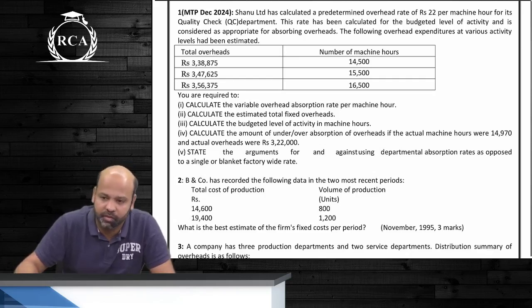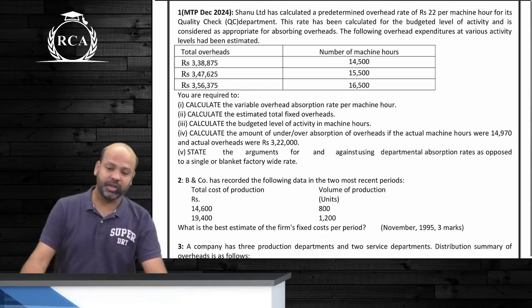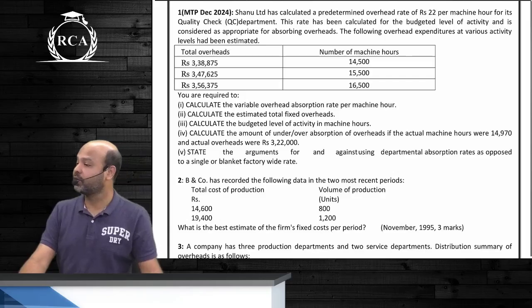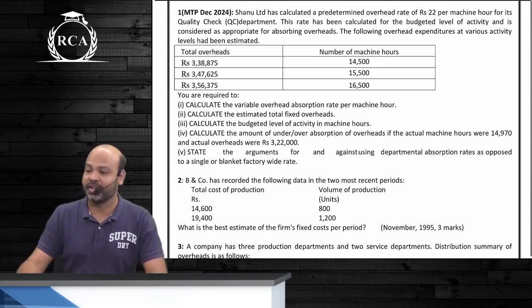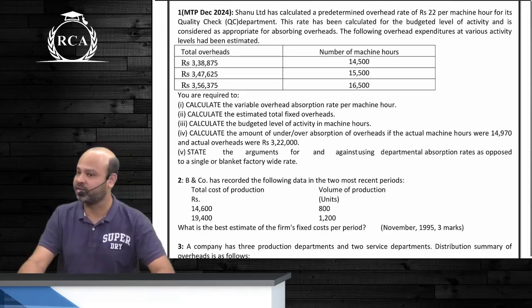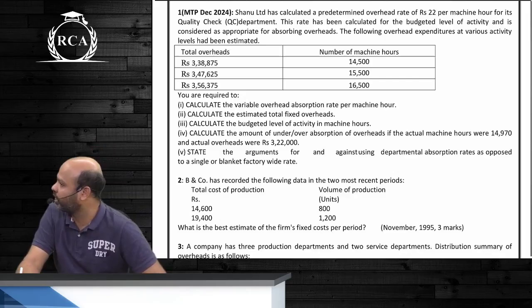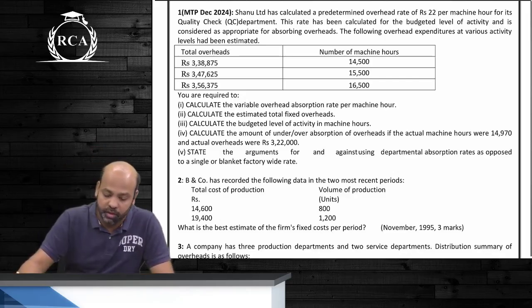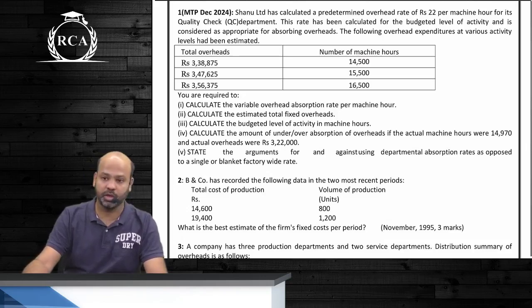Perfect answer, beta. Whenever total cost is given at different activity levels, guys, variable and fixed will be segregated by writing change in total cost divided by change in activity level. That is why the requirement is to compute variable cost per machine hour and fixed overheads. Otherwise, there is no reason, guys, for giving total cost at different activity levels. Are we understanding this? Now, if you look at the first cost, beta, 14,500 machine hours, the total overheads are given there,